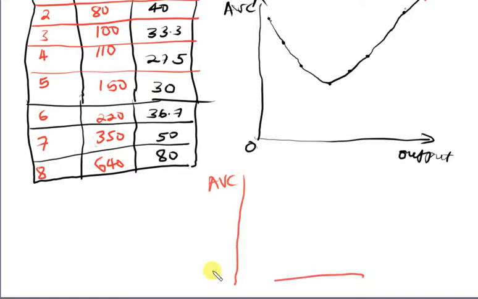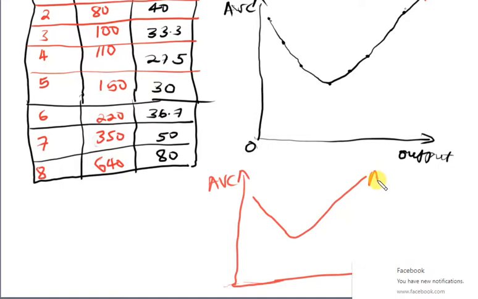The average variable cost curve is simply illustrated like that. So it is U-shaped, as you can see. The average variable cost curve. So we put here 0 and we put here your output. Okay, so the average variable cost curve is U-shaped because of a number of reasons,